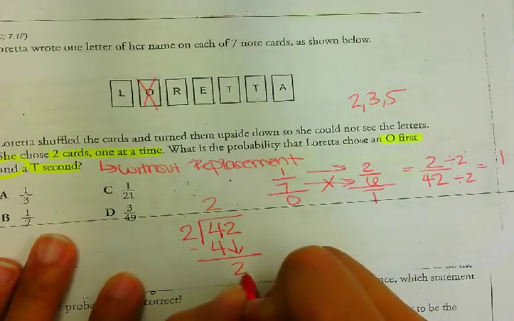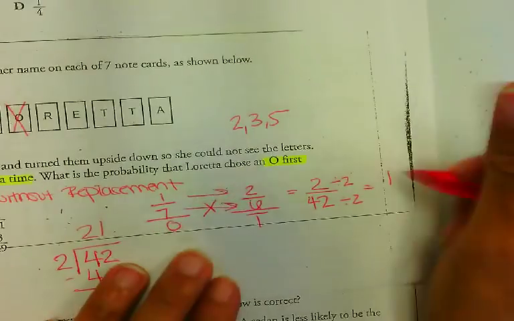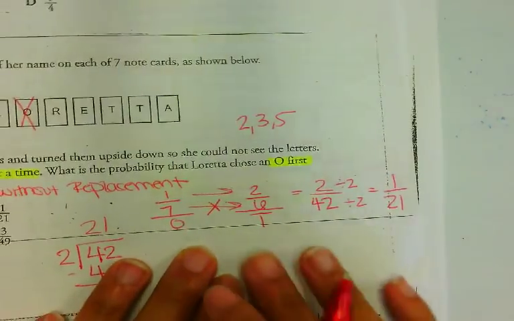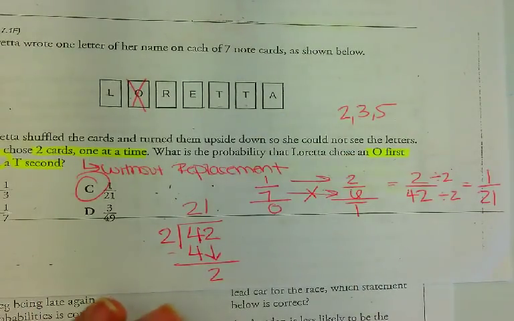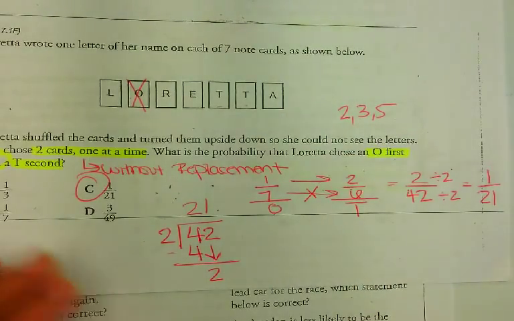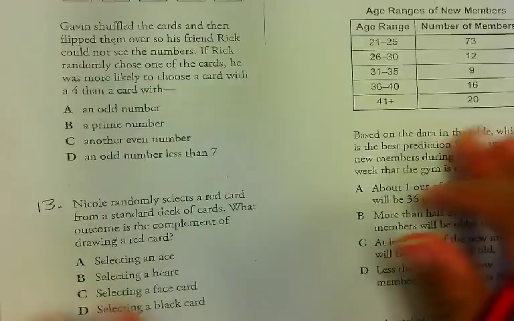Bring down the 2. 2 goes into 2 one time, so 21. So then my answer is C. All right. So next one, for number 12,